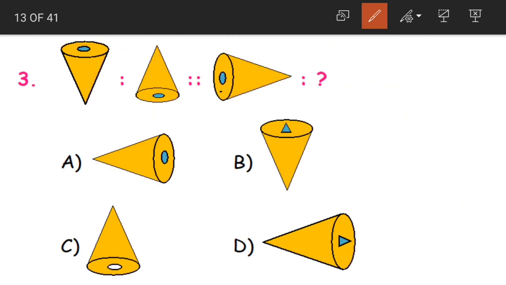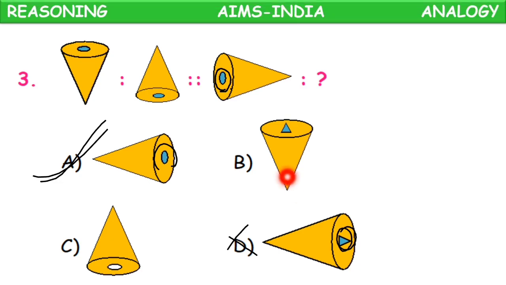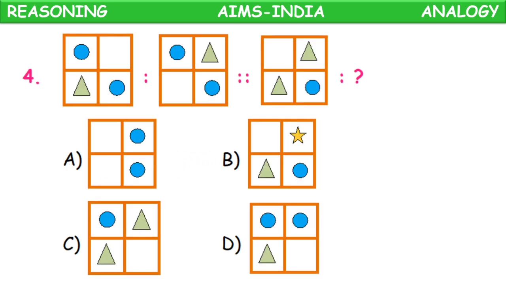If you observe, in the cone we are having the circle here. But for option D, there is a triangle placed. So that is why option D becomes our wrong answer. Only option A is the correct one. I hope this is clear, right children? What is the relationship? The relationship is that the figures are facing in opposite directions to each other. Here down, up, right, and then we are having the left facing cone.